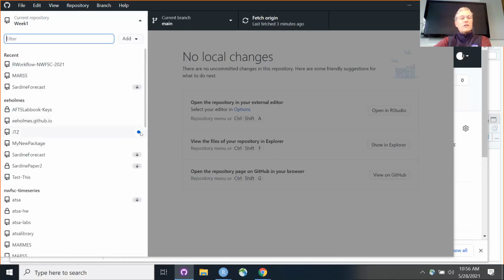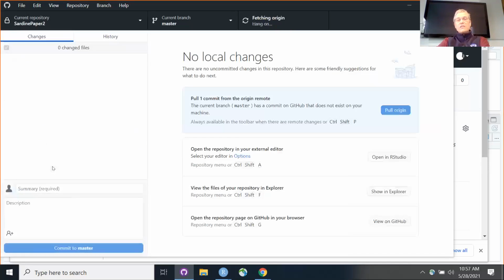It has little icons telling me that, hey, this arrow tells me that there's a change on GitHub that's not on my local computer, so I know I need to pull it in. Another nice thing is it has this nice big platform, and when I'm working on a real project,